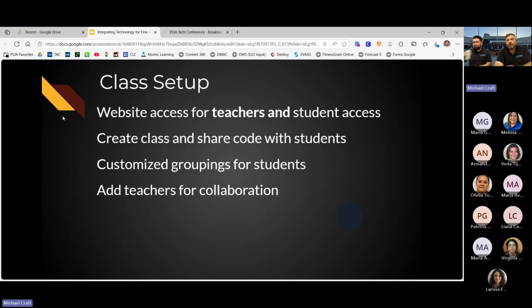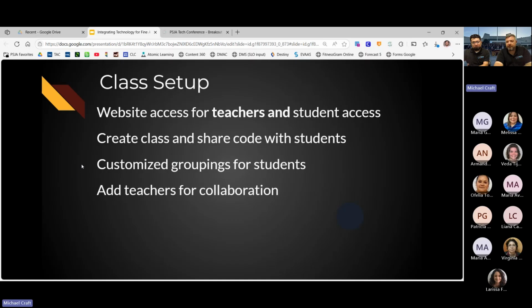So when we set it up, the website has access. I'm sure all of y'all use some sort of Google Classroom or something, but we're going to share a little bit more detail on how we use it. That really is kind of a difference to us. And also we felt like we were behind the times. So we just started using this a couple years ago, and it's really helped. It kind of molded from the COVID instruction that we had to do.